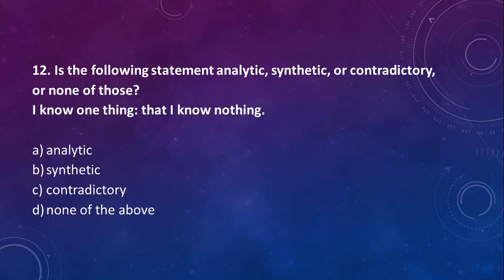What if you just say, I know nothing on its own? Is that contradictory? Can you turn it synthetic in some way? Well, you could say that, because it's like, do you know anything in math? I don't know anything in math. You definitely know something in math. It's like a liar's paradox, isn't it? If you say I always lie, that's a paradox, because if it's true, then it's false, and if it's false, then it's true. So that gets into contradictory. I think the I know one thing kind of helps you know how to read it in a charitable way. So I think those are different in my opinion.